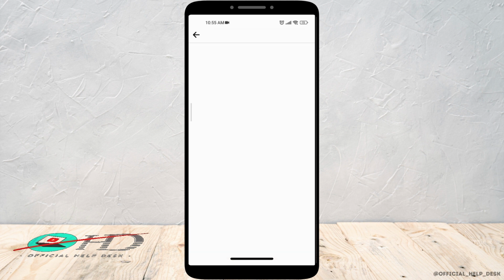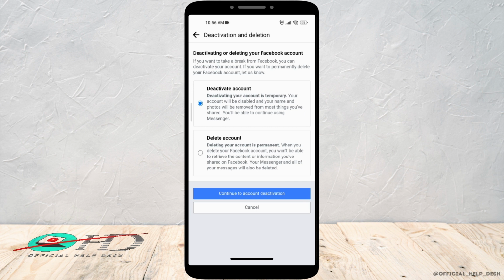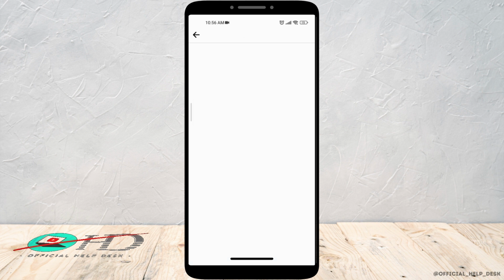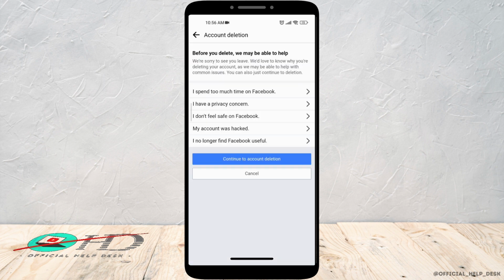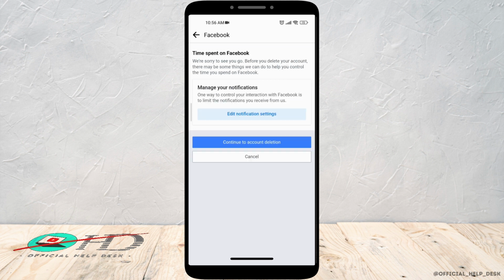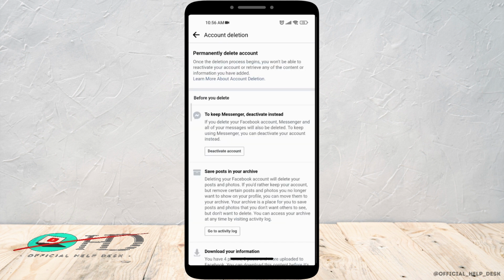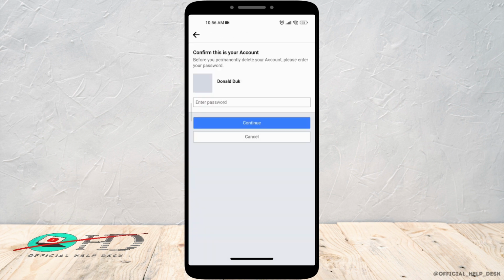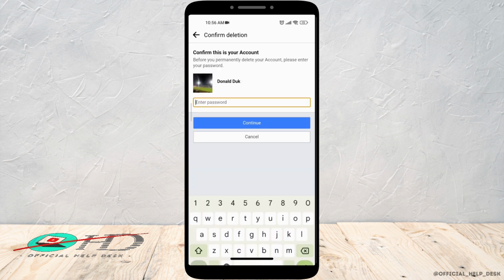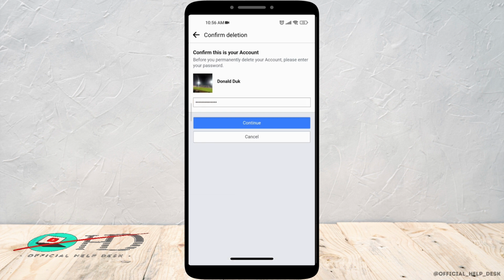Just click on the option, and after that select Delete Account and Continue to Account Deletion, and click on Continue, and give one of the reasons why you want to delete your Facebook account, and Continue to Account Deletion, and scroll down and click on Delete Account, and here enter your password and click on Continue, and your account